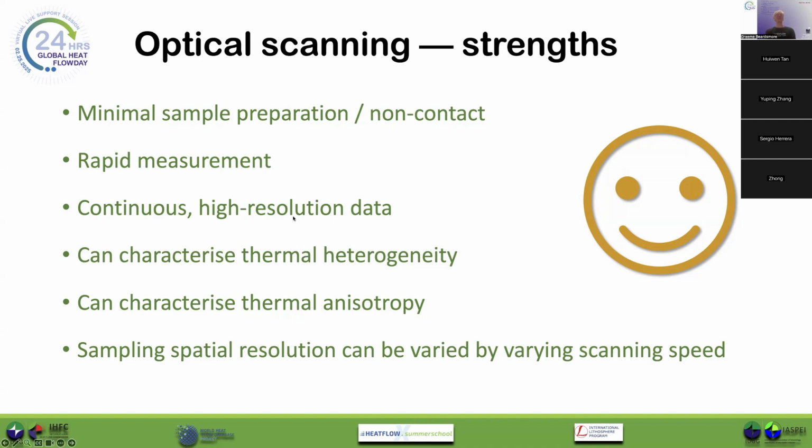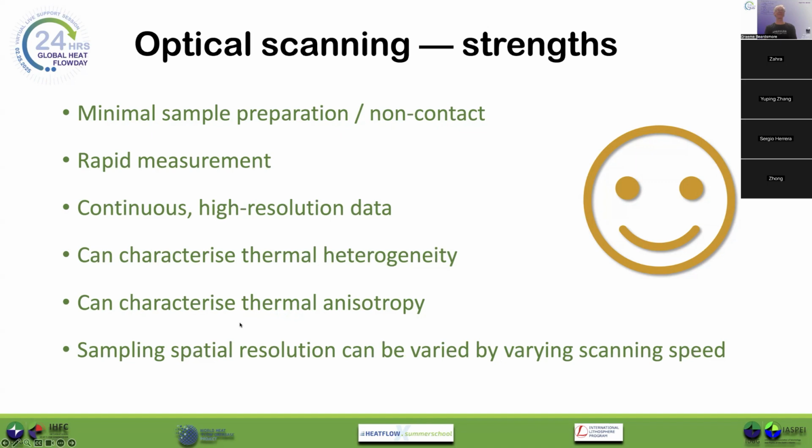Continuous high resolution, so millimeter resolution scale data generated can characterize thermal heterogeneity. If you have a heterogeneous sample, then because of the very high resolution measurements, this sort of instrument will characterize that heterogeneity, and characterize thermal anisotropy by measuring in different directions,